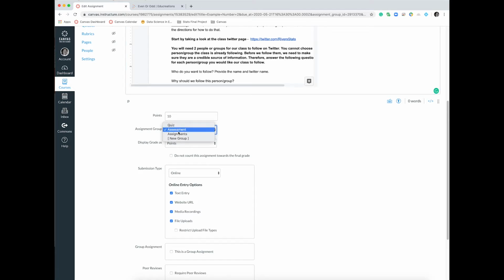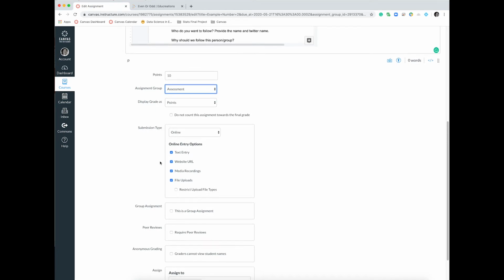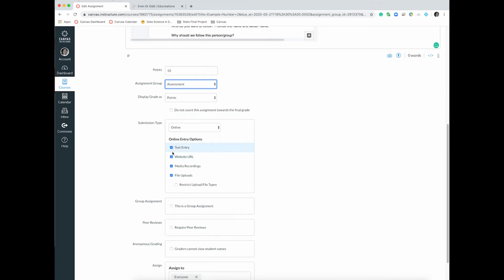You can also group things. All right, so we're going to probably preload assignment groups here for all of you so that we can standardize it again so students know what type of assignments we're giving. And then the submission type, again, you don't have to always check all of these, but definitely check the most appropriate for whatever type of assignment you are creating,